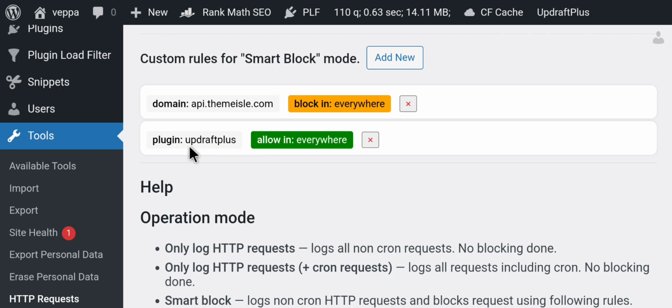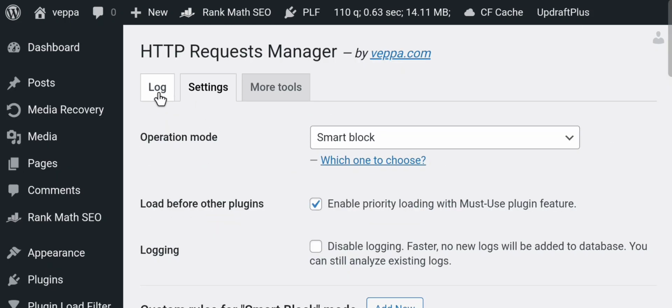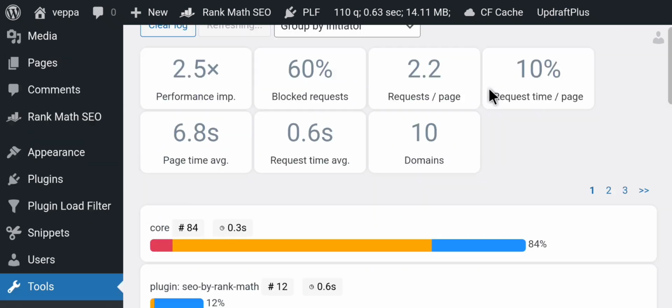This rule will allow the Updraft Plus plugin to make an HTTP request connection to any website, any domain that it needs to do. So if you go to logs, refresh log,